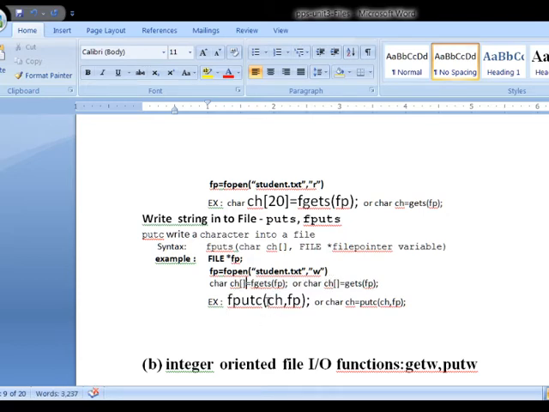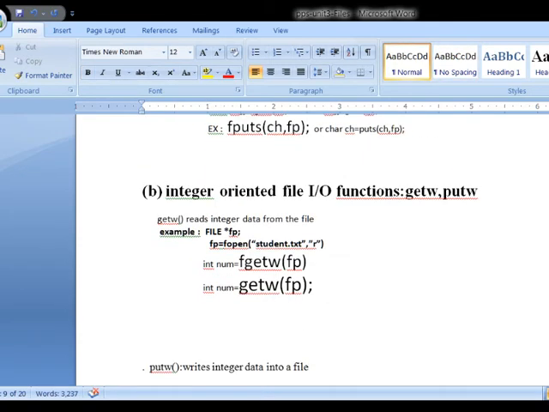Now fputs. Now this is the information on how to read a string from the file. Similarly, how to write a string into a file.